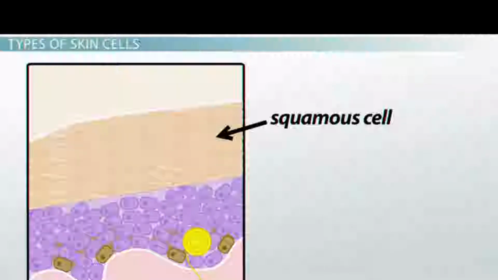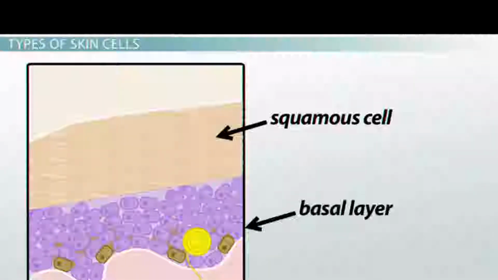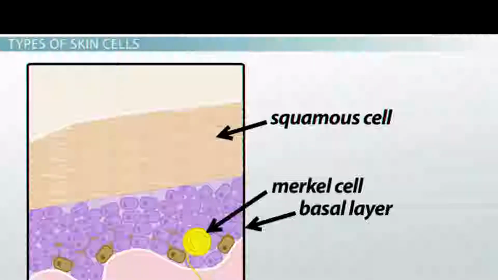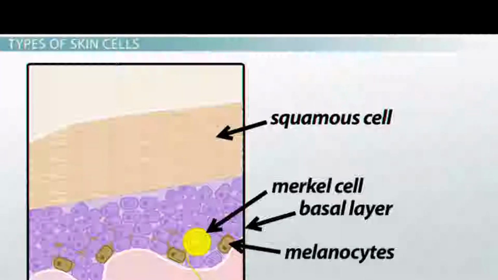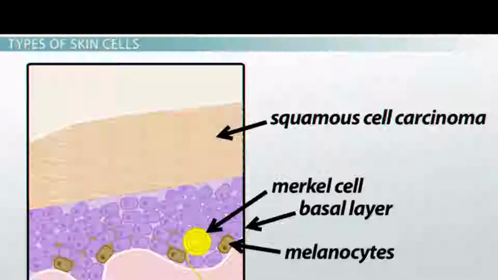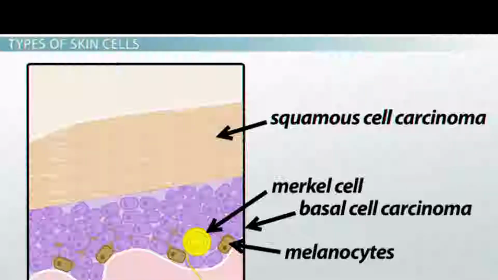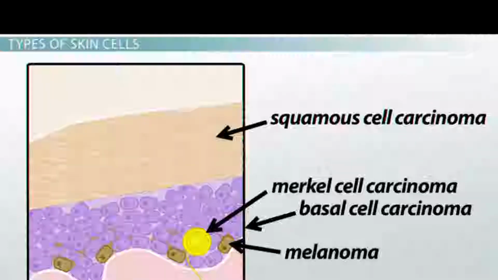Bearing those squamous cells in mind, and the basal layer of the epidermis, where the Merkel cells and melanocytes are located, it should come as absolutely no shocker that squamous cell carcinoma, basal cell carcinoma, Merkel cell carcinoma, and melanoma are just some of the types of skin cancer you can get due to overexposure to damaging ultraviolet radiation from the sun's light rays. The next time you're frying at the beach, remember, your tan may be pretty, but skin cancer